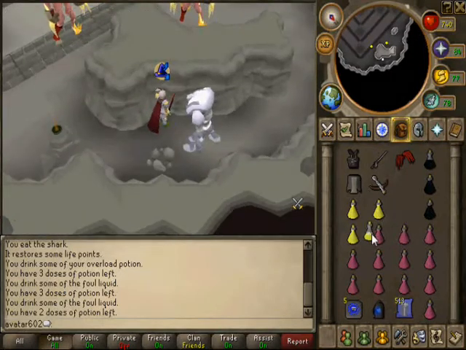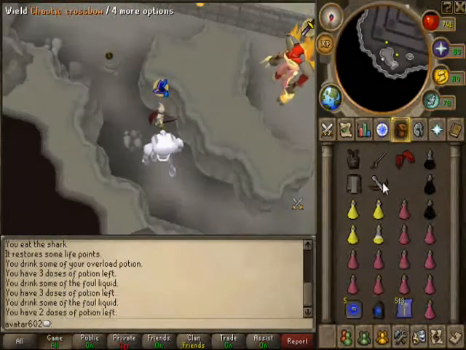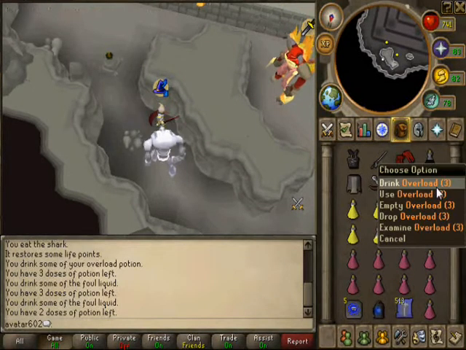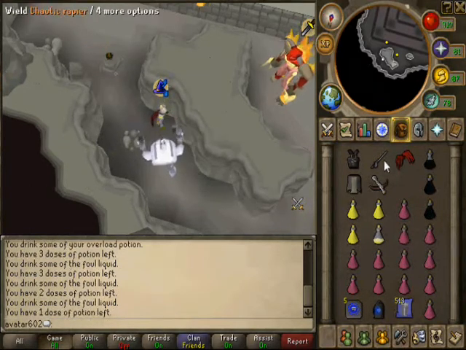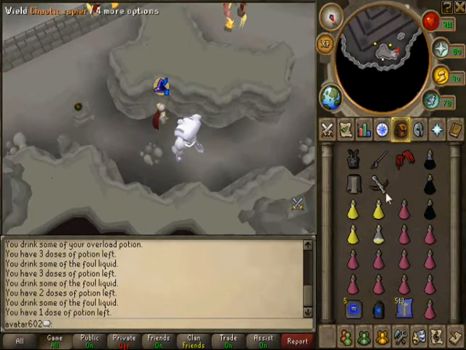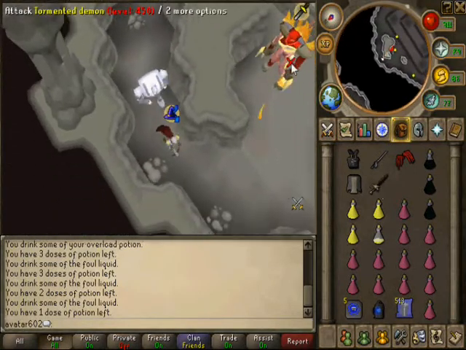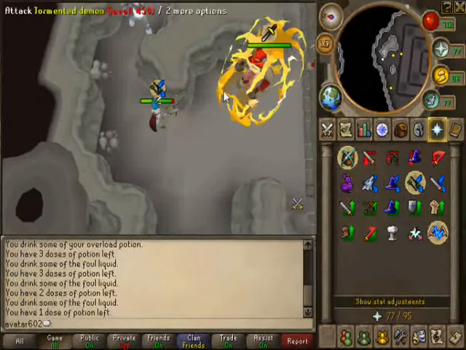Now as you see, I have a Steel Titan which requires 99 summoning. I would not recommend using an Iron Titan. I got 3 overloads, 4 brews, I had a shark here, and the rest super restores. Prayer pots would probably be better if you are not good with a Steel Titan. I am not very good at it. I can consider myself decent, I guess. And it is raining, so basically what you're going to want to do is,